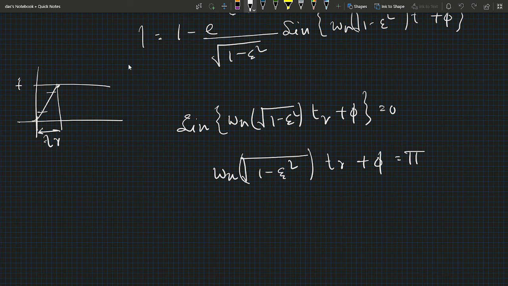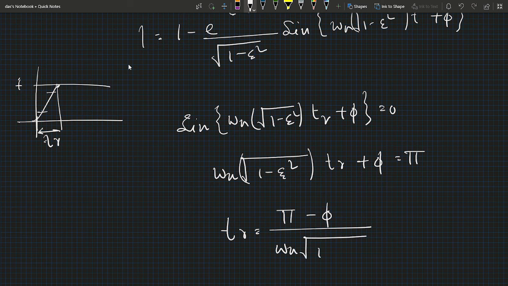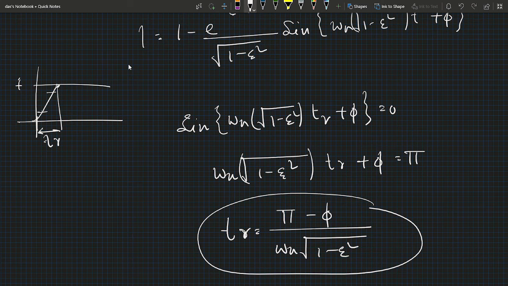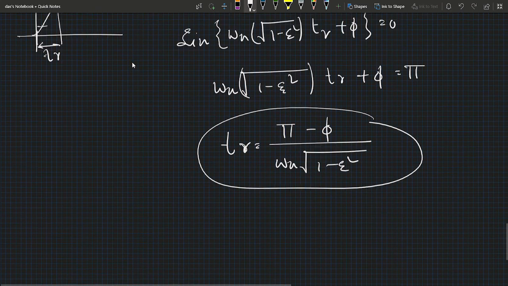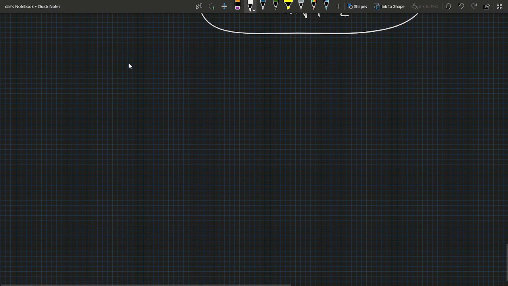So now what is the value of tr? tr is basically nothing but pi minus phi divided by omega n into root 1 minus zeta square. So this is our expression of rise time. It goes from 10% to 90% value for this typical second order system. And one thing should be remembered, if we talk about the transient response specification of a second order control system,